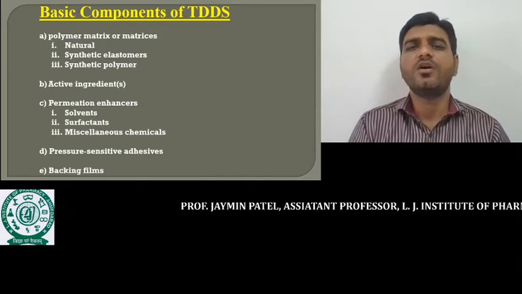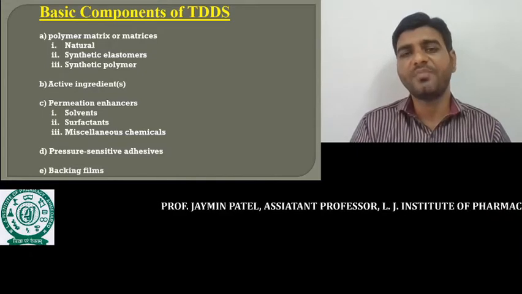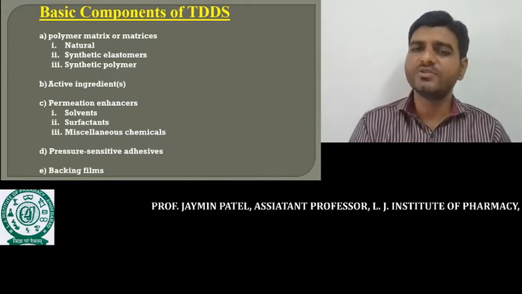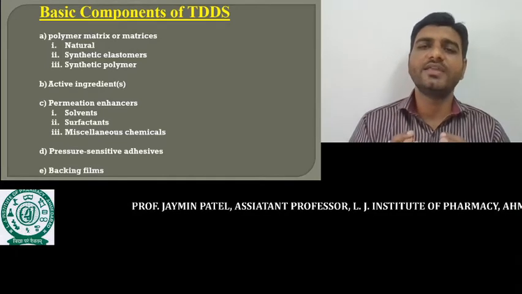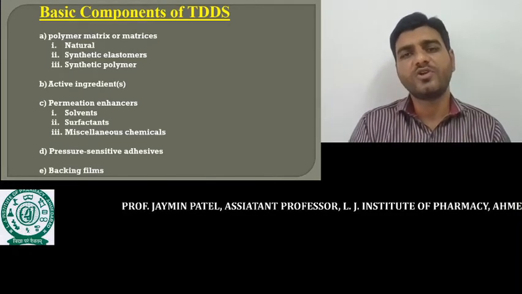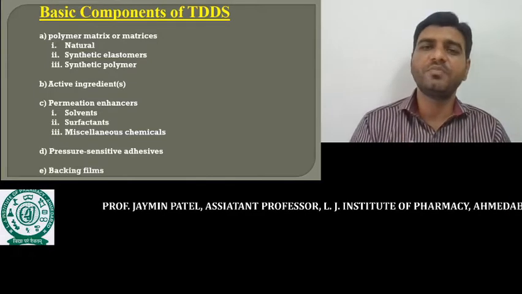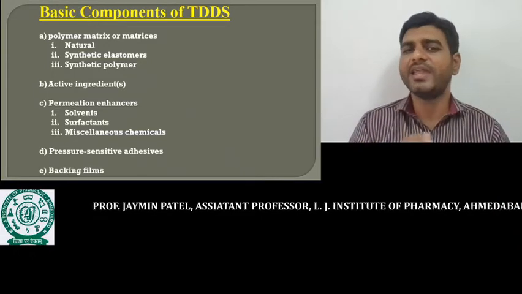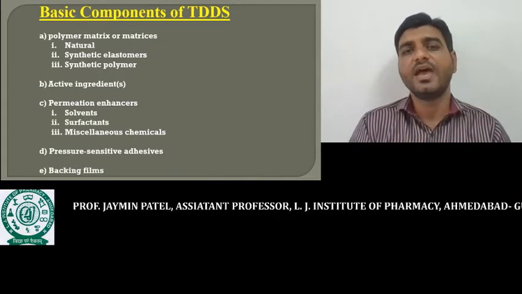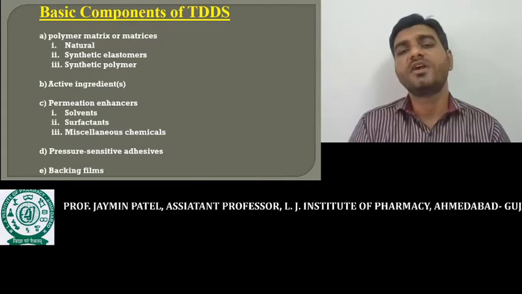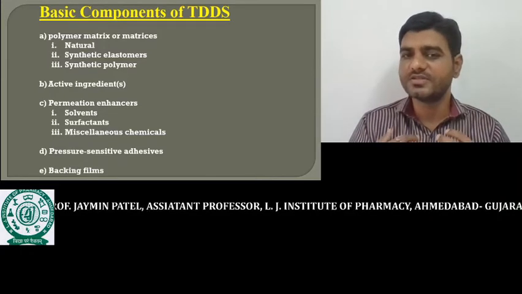Okay, we already discussed that the skin permeability is less compared to the mucous membrane permeability, so that's why there is a need to add a permeability enhancer. In a suitable solvent, PVA can be utilized. Among surfactants, we mainly prefer non-ionic and anionic surfactants to increase the permeability of the skin. And among miscellaneous chemicals, we can also use some bile components to improve the permeability of the skin.